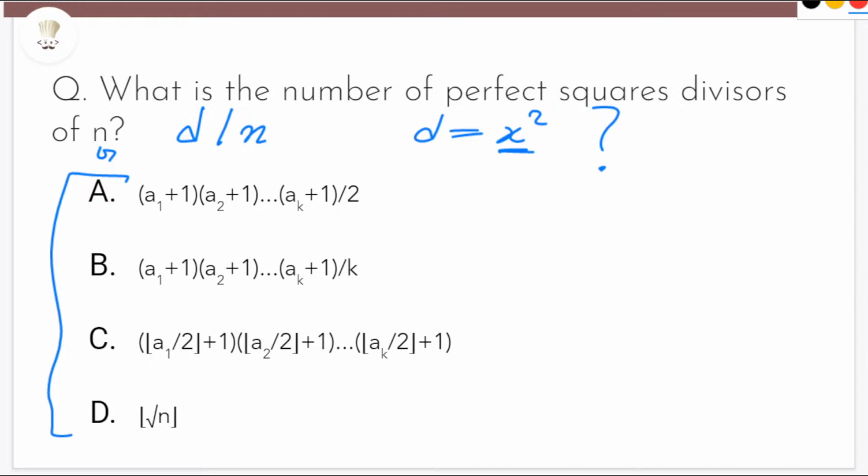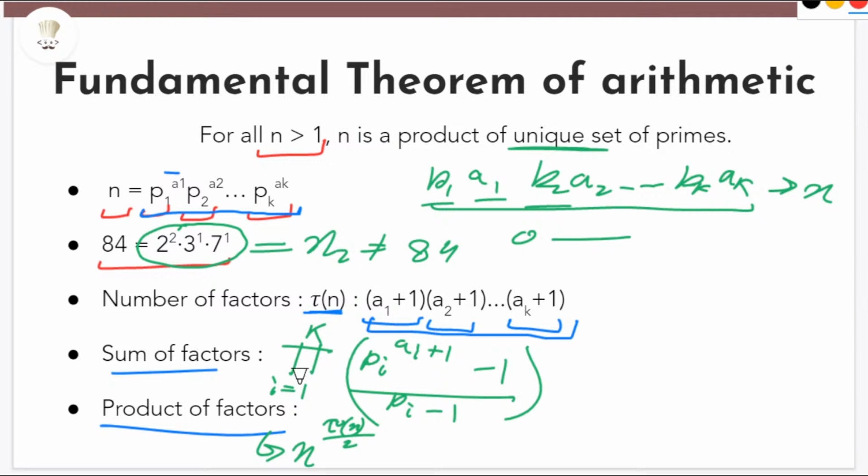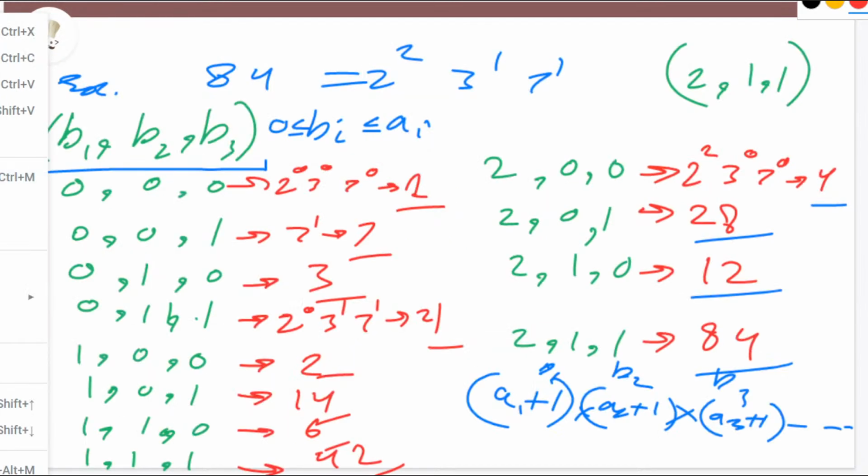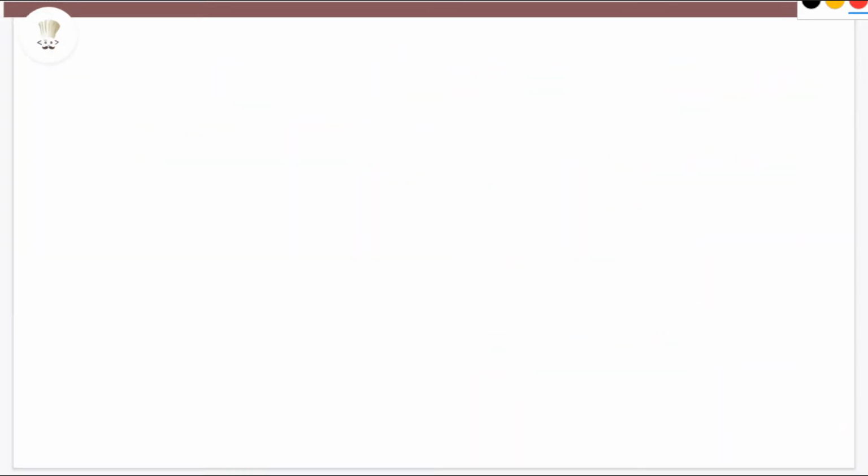Can you please explain the final expression of the sum of factors? Alright, let me go on to that. This is the final expression of the sum of factors. Let me put it on a new slide. So the final form of the sum of factors is